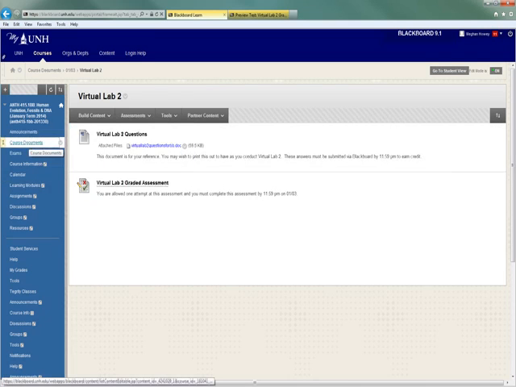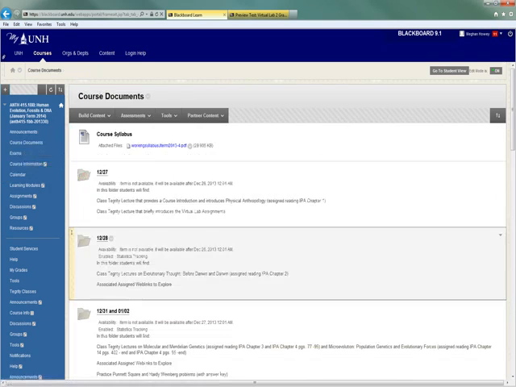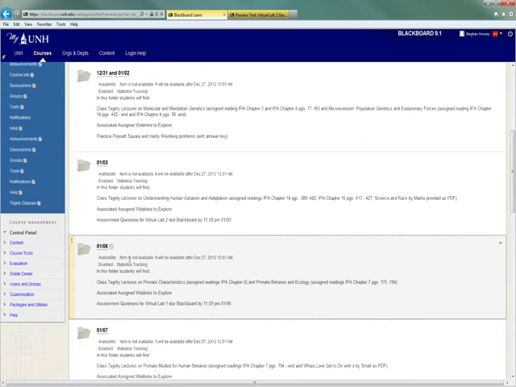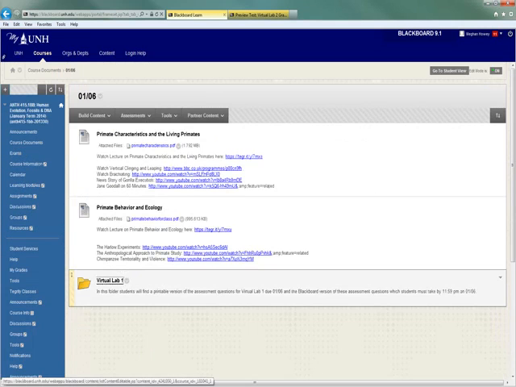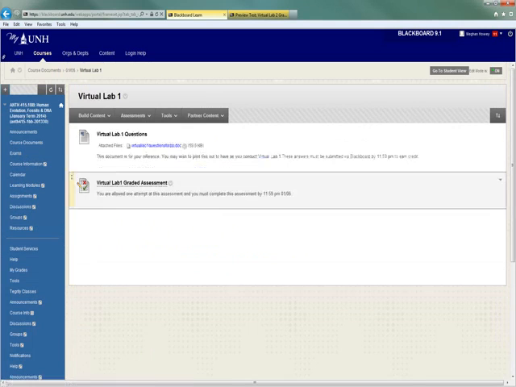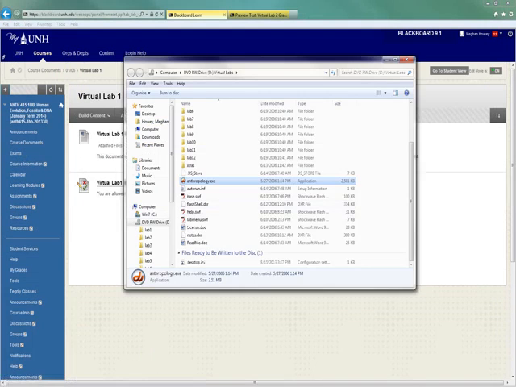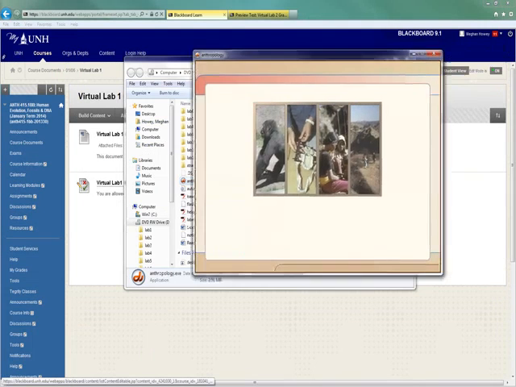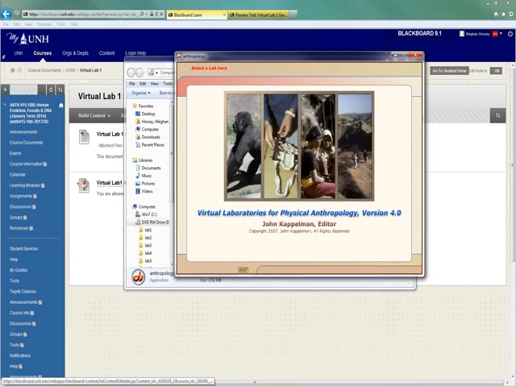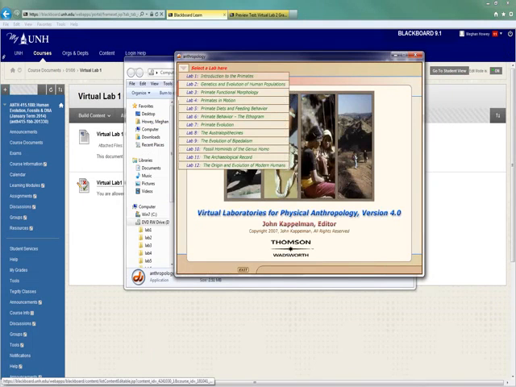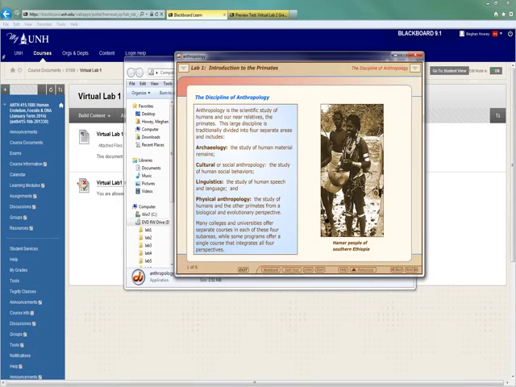Go back to your course documents. The next lab you'll notice is due the next course day on the 6th, and this is Virtual Lab 1. When you go in here, you'll see again the same setup, a folder with Virtual Lab 1 with the questions available to you as a Word document and then the graded assessment. You'll open your lab CD. Welcome to the Virtual Laboratories for Physical Anthropology. Click here. This time you'll do Lab 1, Introduction to the Primates. Go through all the 4 sections, answer your questions,